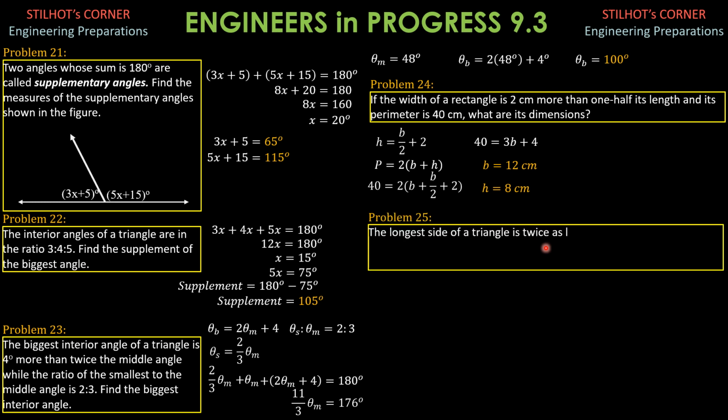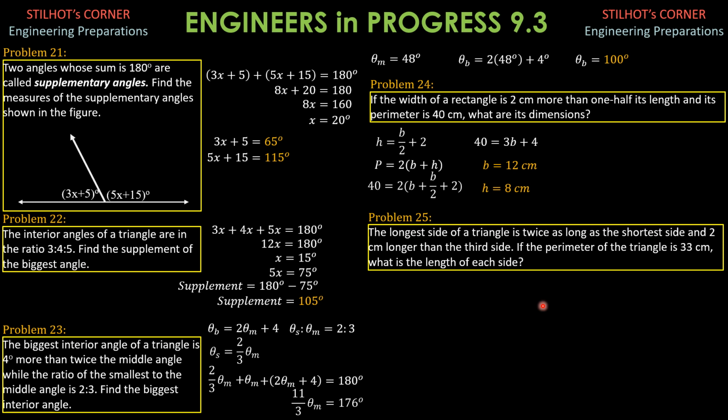Lastly, problem 25. The longest side of a triangle is twice as long as the shortest side and 2 centimeters longer than the third side. If the perimeter of the triangle is 33 cm, what is the length of each side? Let's denote L as the longest side of a triangle that is twice as long as the shortest side. So L equals 2 times shortest side S, and L is also 2 cm longer than the third side,